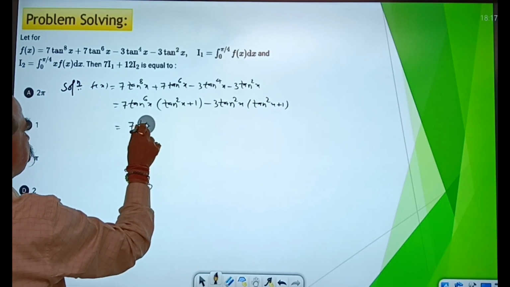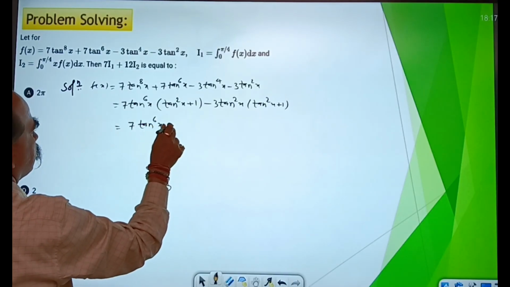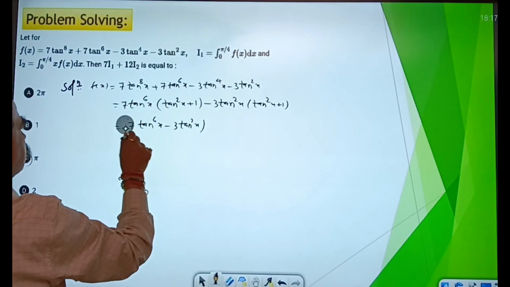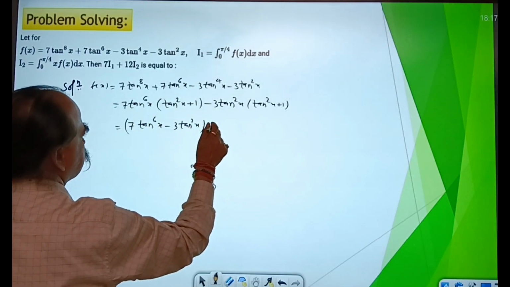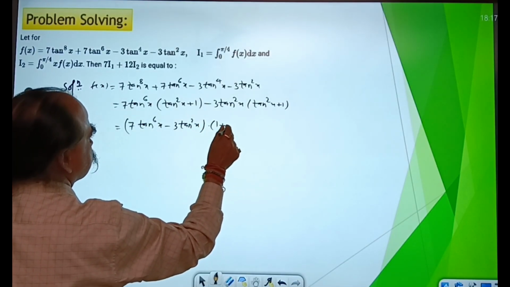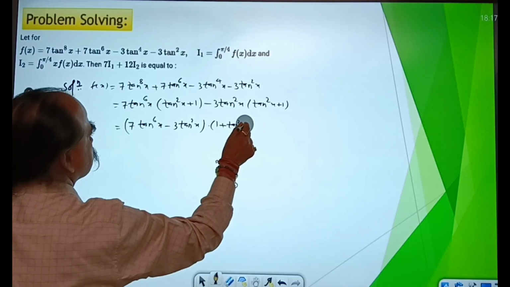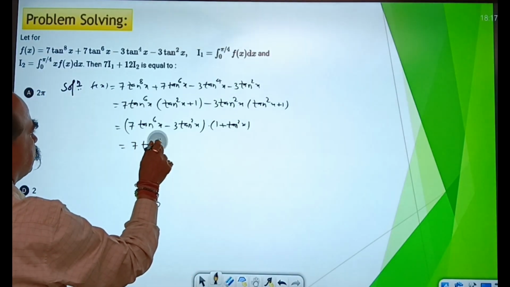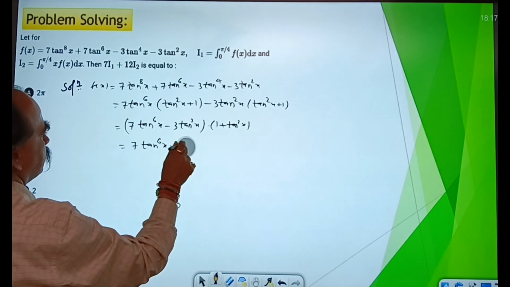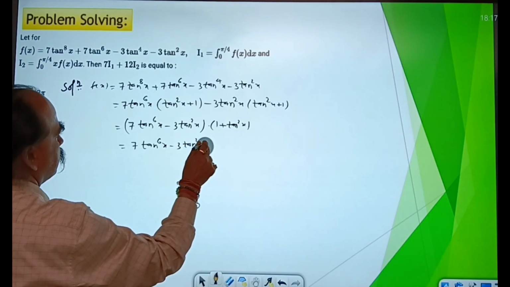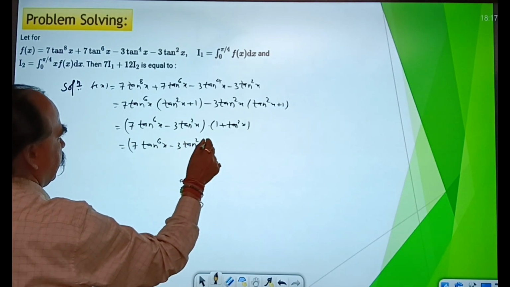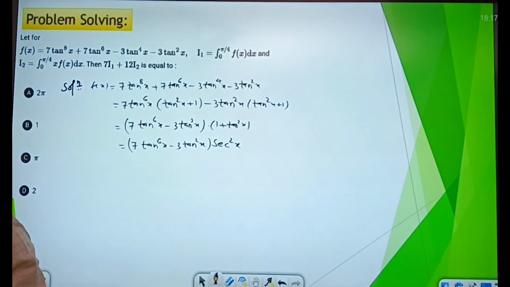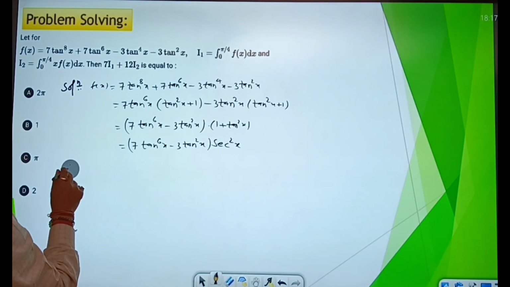So it is (7 tan^6 x minus 3 tan^2 x) into (tan^2 x plus 1), which is (7 tan^6 x minus 3 tan^2 x) into sec^2 x. Therefore, I1